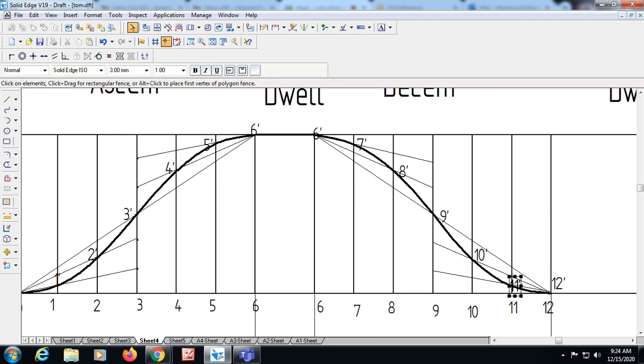Okay, so like this you will be getting the displacement diagram. This is by URM method. So after getting the displacement diagram, the same distances that you draw from 1 to 1 dash, 2 to 2 dash, 3 to 3 dash, 4 to 4 dash, 5 to 5 dash, this length you need to take in the rounder or from the scale. That distance you are going to transfer in the cam profile that you are going to draw later after this. Okay, so we are not solving any problem, I am just giving you the construction procedure of the displacement diagram.